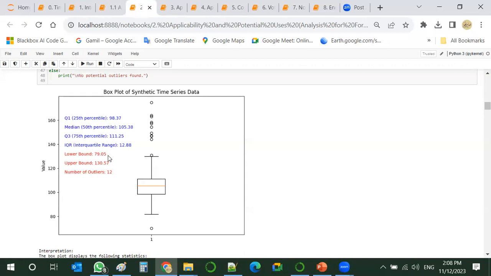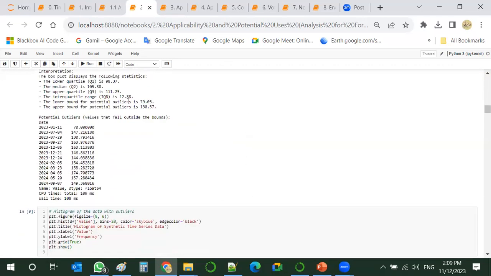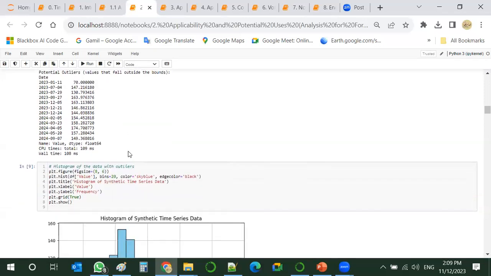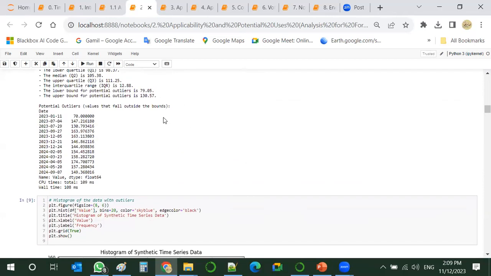So our lower bound is almost 80, the upper one is 130. We have about 12 points that are considered to be outliers. Okay, so now we know them. Now we have listed them. Now we know when this event took place. We have everything just by applying this technique.